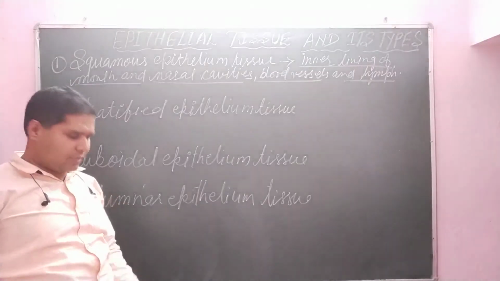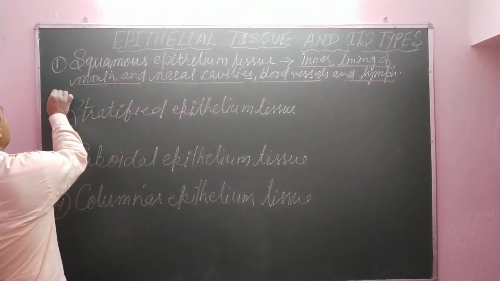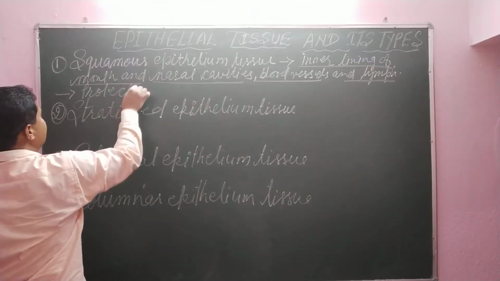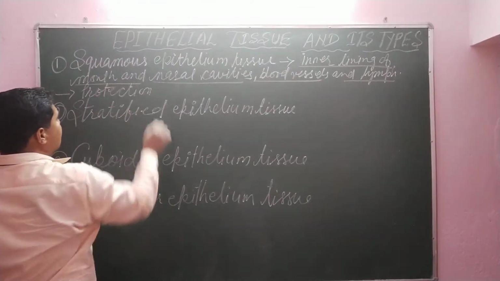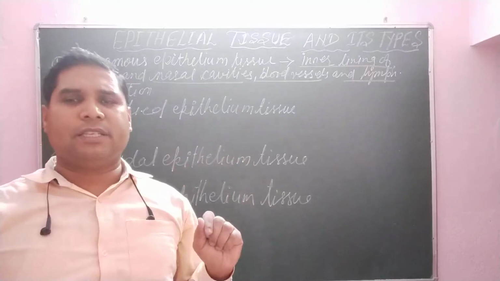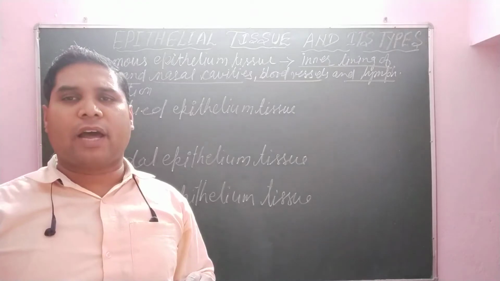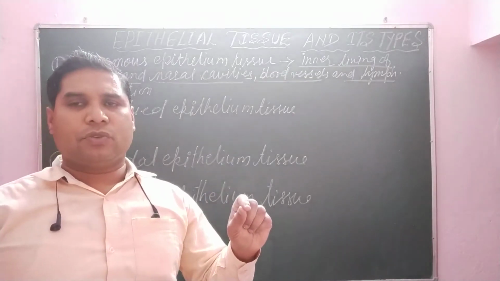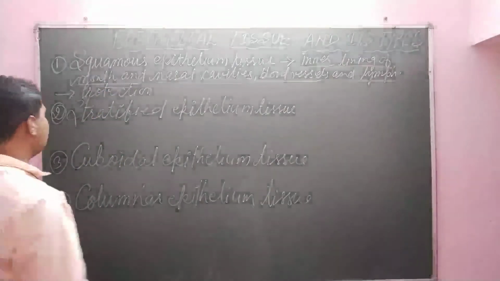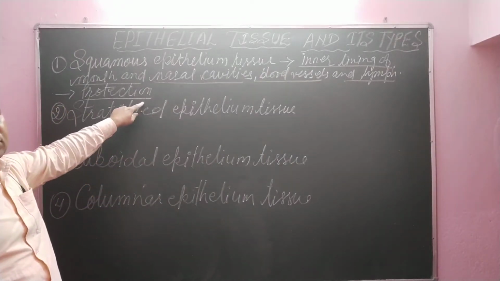Let us know its function. The function of squamous epithelium is that it protects. So its main function is protection. It protects from mechanical injury, also from germs and chemicals, and does not allow the internal organs to dry. So all these are the functions of the squamous epithelium. All together, its main function is protection, dear student.